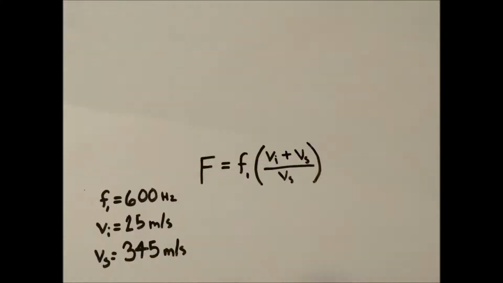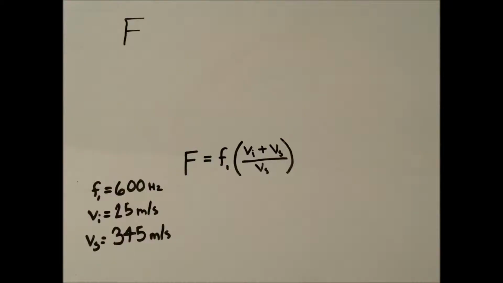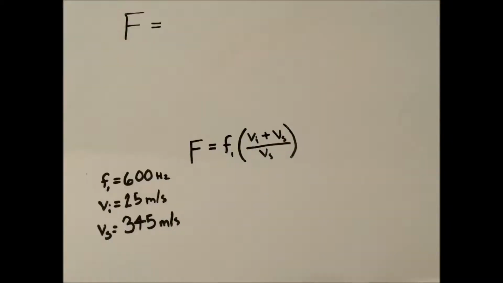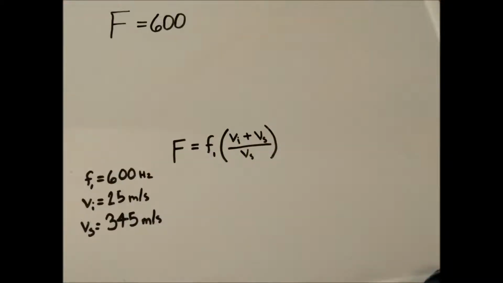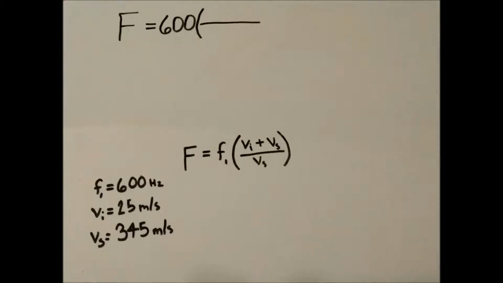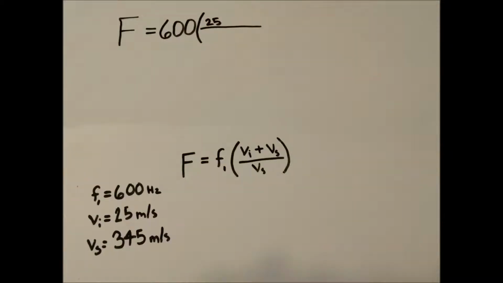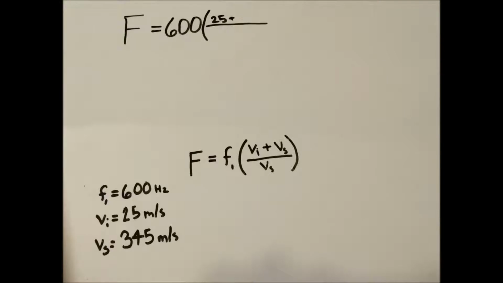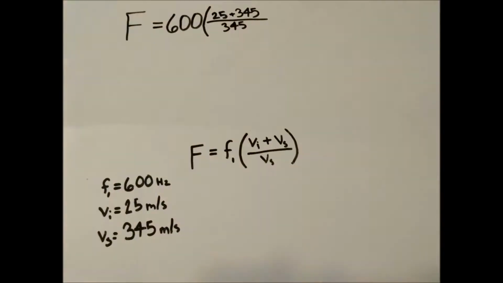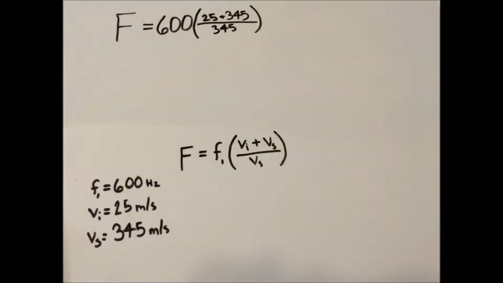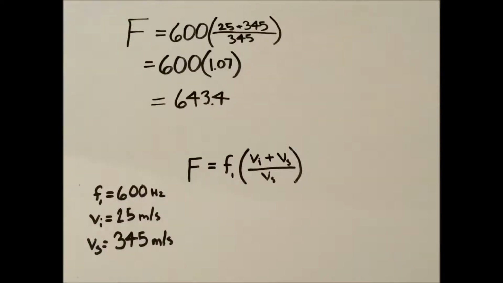Now let's put the variables in the formula. So the original frequency is 600 hertz times the speed of the source, 25 meters per second, plus the speed of sound, 345 meters per second, over the speed of sound. Once it's all plugged into the formula, all that's left to do is plug it into a calculator and solve for the final answer. Once you plug it in and do all the calculations, you can see that the final solution is